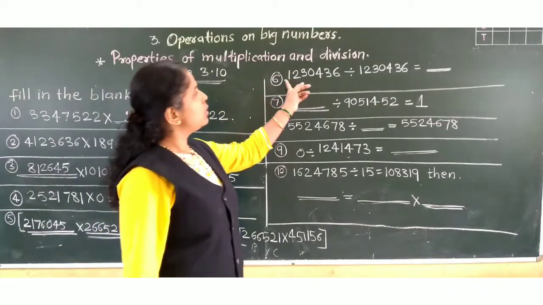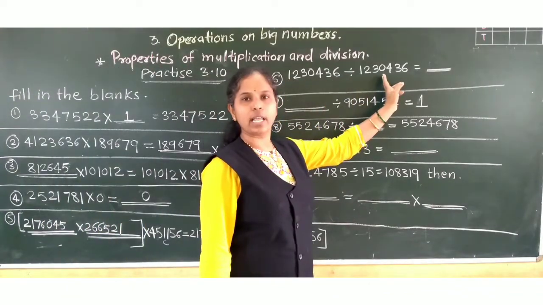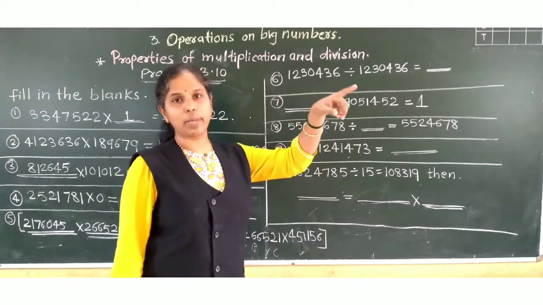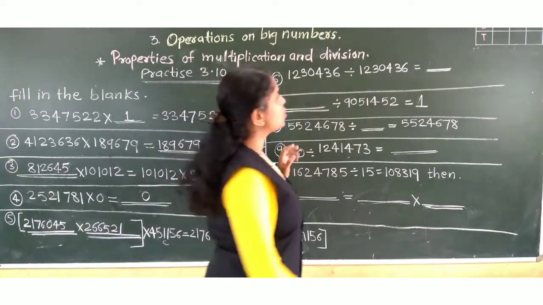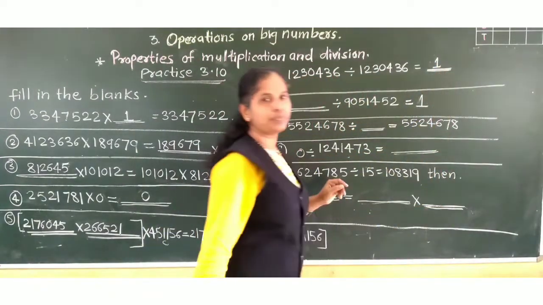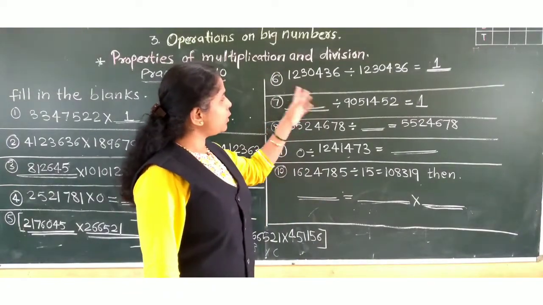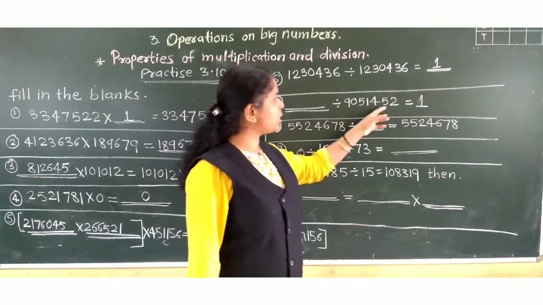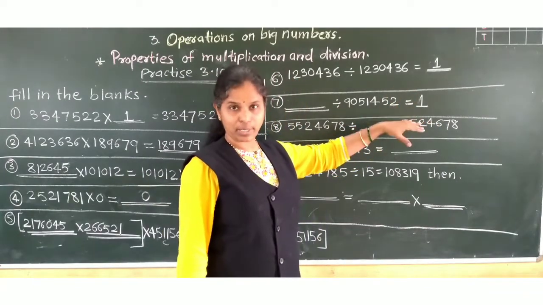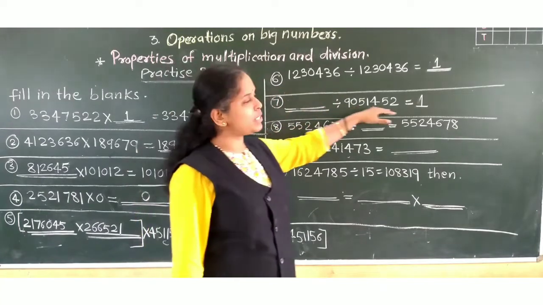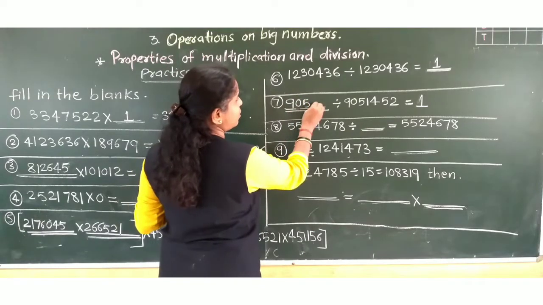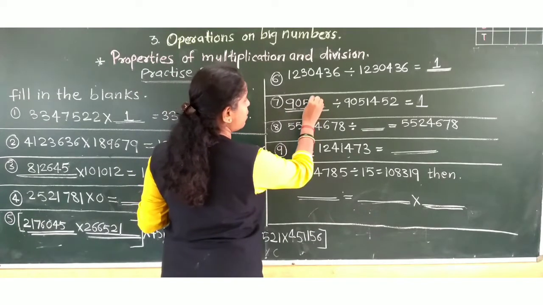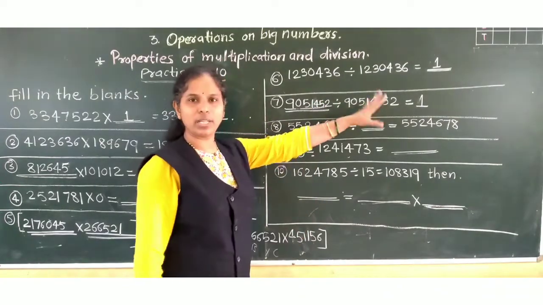Now the 6th one, see. Same, the number is divisible by itself. 6 divided by 6 gives the answer 1. Same way, here also this number is divisible by itself, so the answer will be 1. Now, here we don't know what number is there. Divided by this number, we get the answer 1. That means, which number will be here? The number itself, this number only. Got it? See here. If we divide a number by the number itself, we get the answer 1.